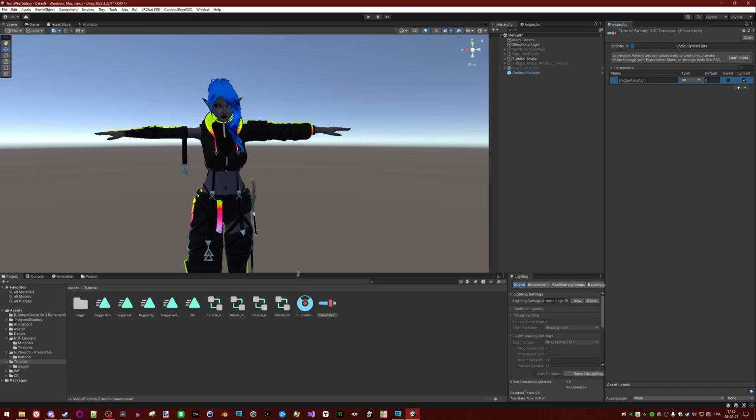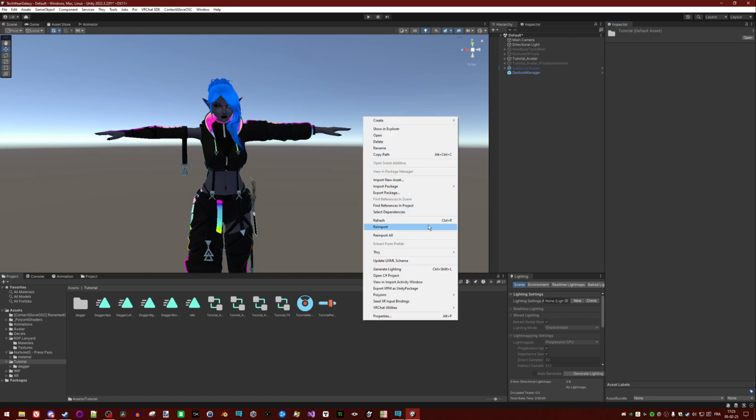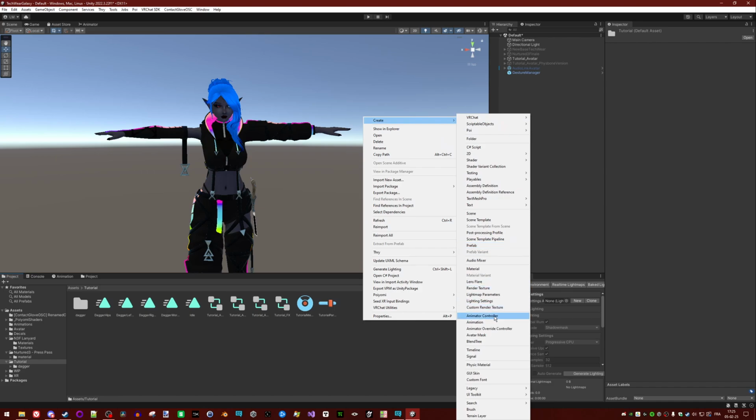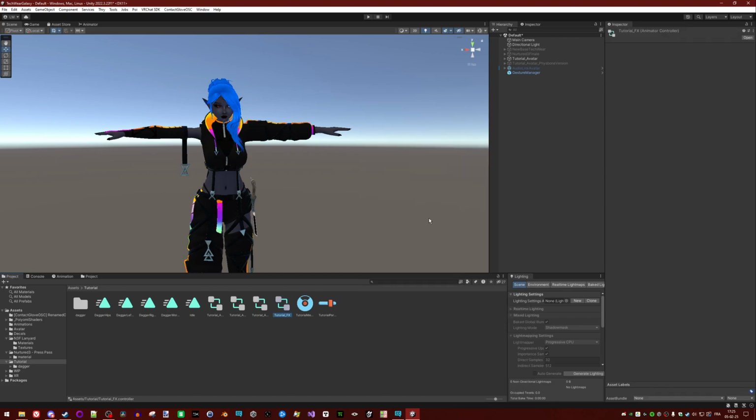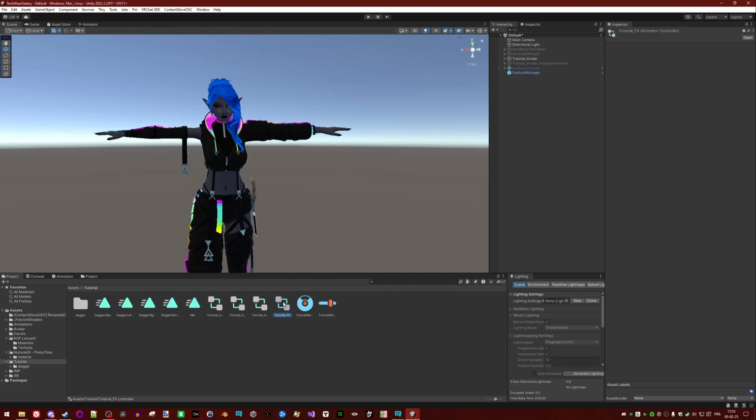Now we can go to the FX. The FX is again in your avatar descriptor. By default you have this. You click on default non-transform, it unlocks the slot. You can then add your FX. If you don't have one at all, you can create one. Right click, create animator controller, and you will get an animator controller. Here I called it tutorial FX. I put it here. Double click on it.